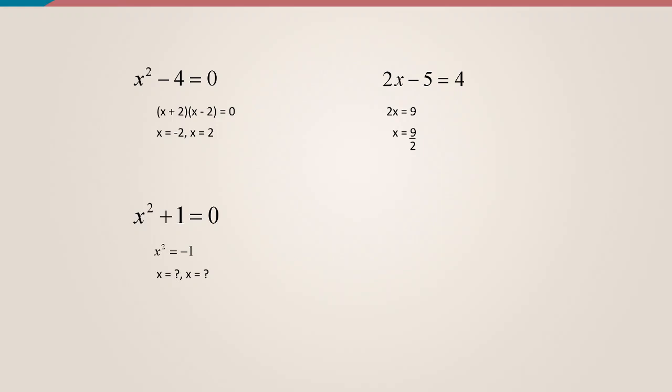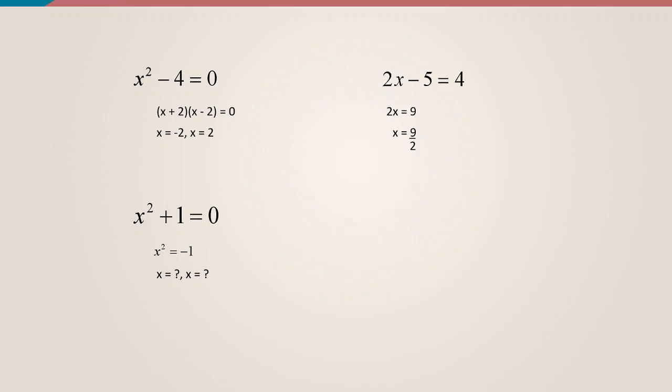x squared is equal to minus 1. Guys, you have to see this. The square of a number is always a positive number, right? Till now, all the numbers that we have taken, the square of a number is always positive. Minus 5 squared is 25, minus 10 squared is 100. Whatever negative number you take, you square it to get a positive number. But here, the squared number is negative. That is weird.